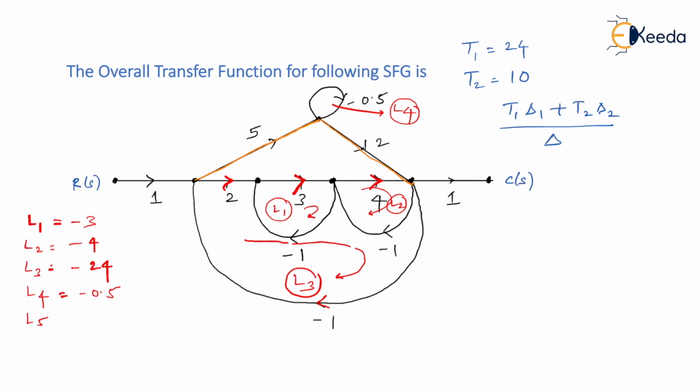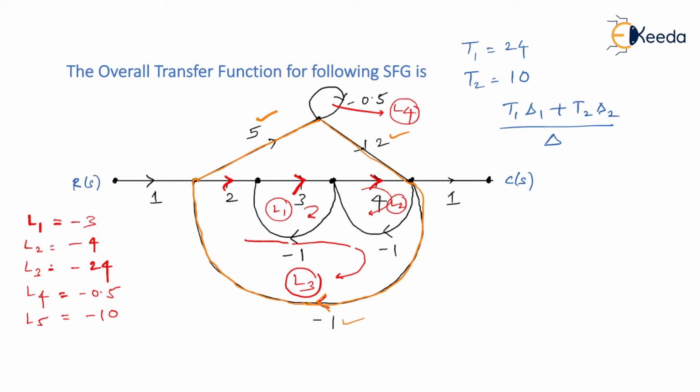So a loop makes sure that you come back to the same point again without overriding a particular node or a particular branch like this. What I have highlighted, 5, 2 and -1, take a product of it. 5 2s are 10. 10 into -1 is -10. So L5 comes out to be -10. Now we have values of L1, L2, L3, L4 and L5 also.